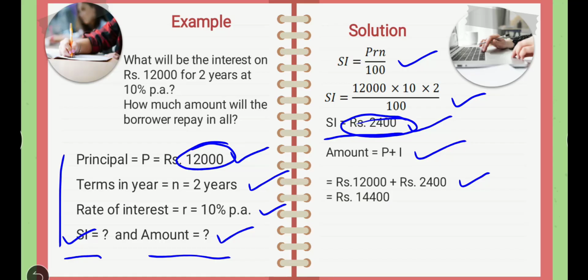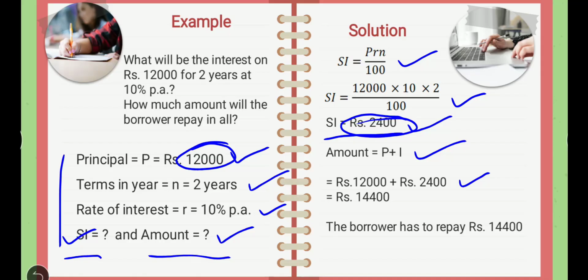So it will be 14,400. So the borrower has to repay rupees 14,400 to the bank. So in this way we can solve the examples. Also, if there is a question, what will be the amount on rupees 12,000 for 2 years at 10% per annum? So in this type of question we have to calculate the amount by using the formula amount in simple